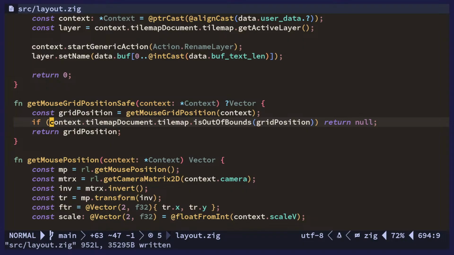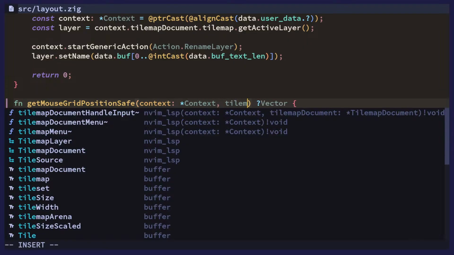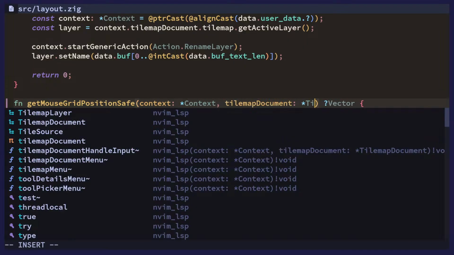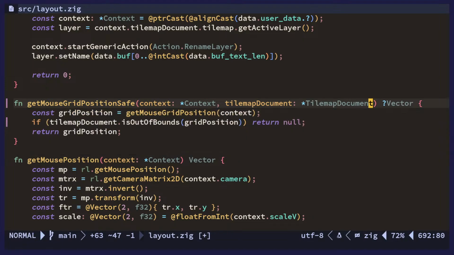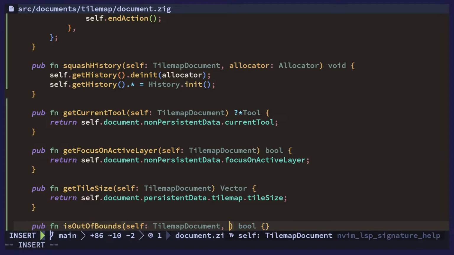This one is out of bounds. We could just add a convenience function for that on the document. Is out of bounds. And we need a position